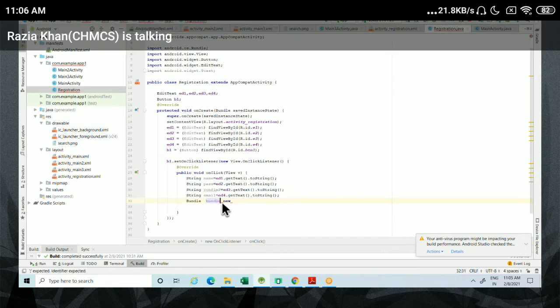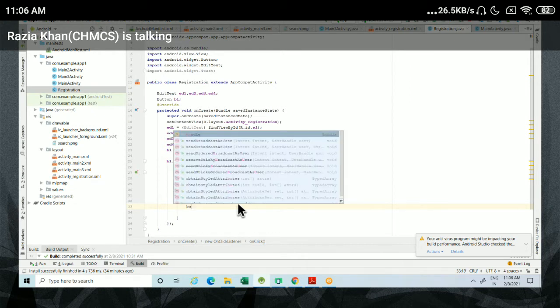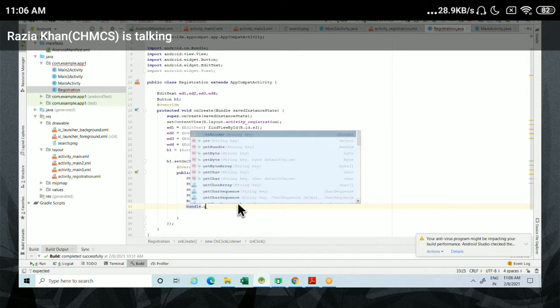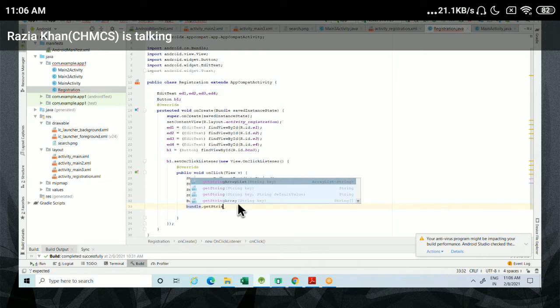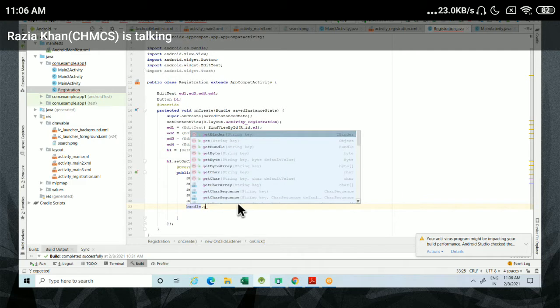Using this bundle class object, student, you need to use the get string method to take the string from this activity. Two methods will be used, put string method or get string method. Here I'm just using the put string method. I'm just storing all four values in this bundle object, and I'll send this bundle object